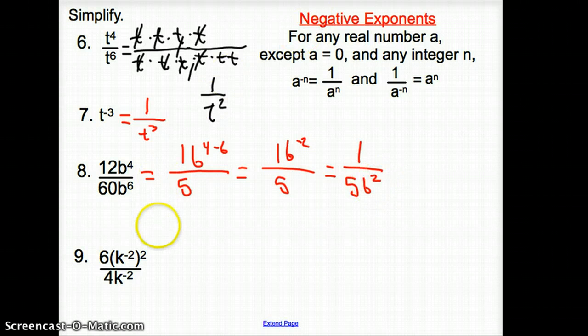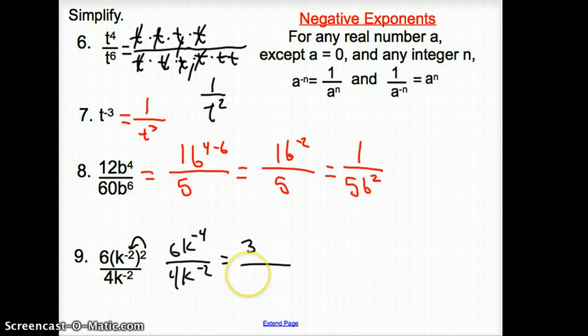Now jumping to number 9. Here we're going to combine a couple rules that we've been building on. Remember, this 2 is outside of the parentheses, so I'm going to have to take this 2 to that 2, so I'm going to have 6k to the negative fourth on the top and 4k to the negative second on the bottom. Now I'm going to simplify 6 to the fourth as 3 over 2, and now I have k